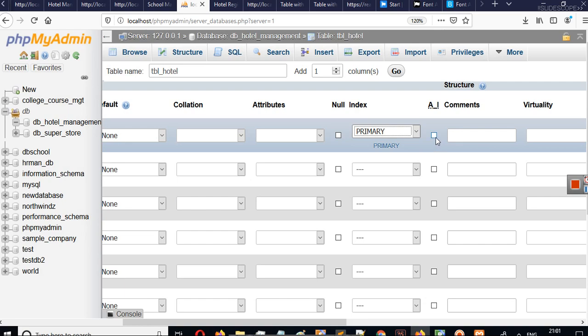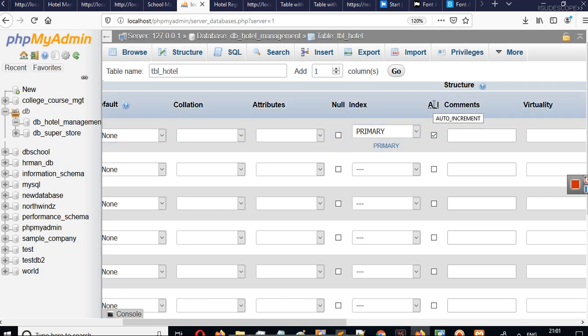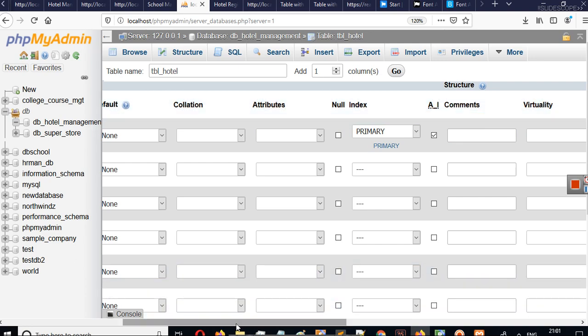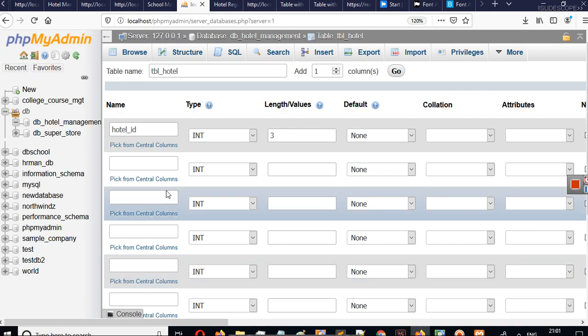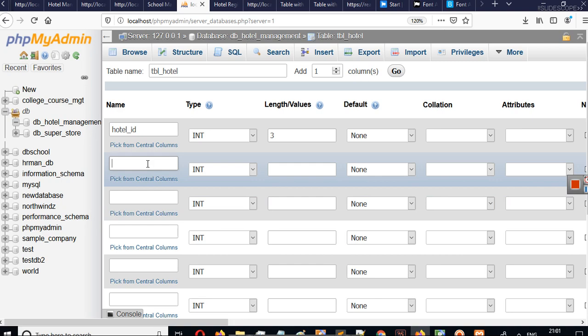Our primary key will also be automatically incremented. So this is auto increment. That means we don't have to enter the value of this hotel ID. The MySQL server will fill the value of this particular hotel ID. So now we have created hotel ID here.